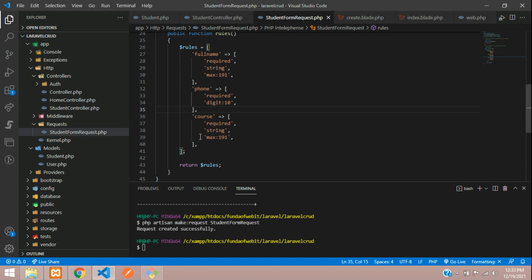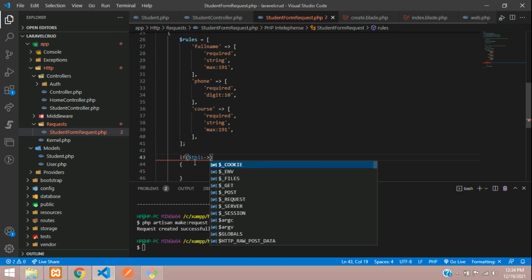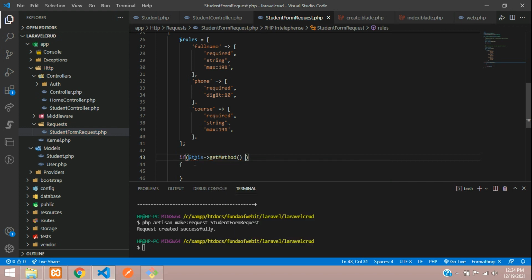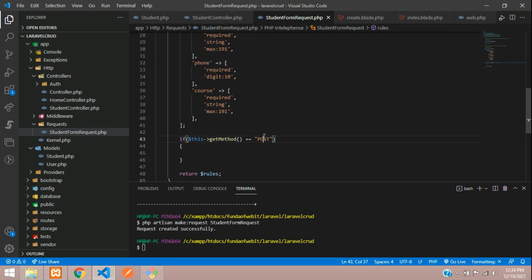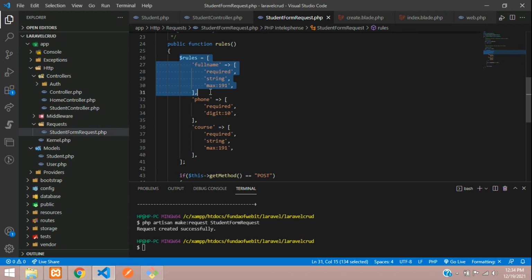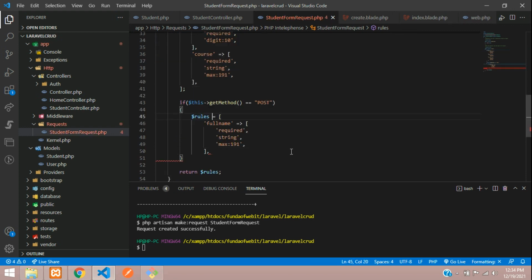So for that case guys, you are going to use another method. Let's use if condition, where inside this dollar this, where you will tell get method. Okay, so what method you are checking that? So let's check under post method, because we are going to save the data using post method, right? So same concept you are going to print it. So let's copy this and concatenate it. Okay, just add plus before the is equal to symbol, and in the array